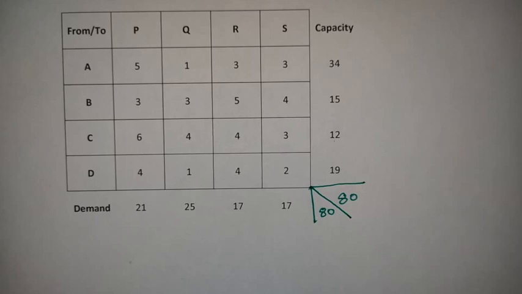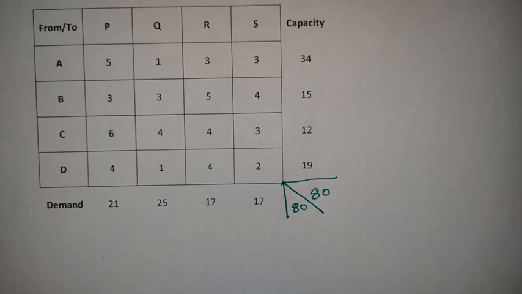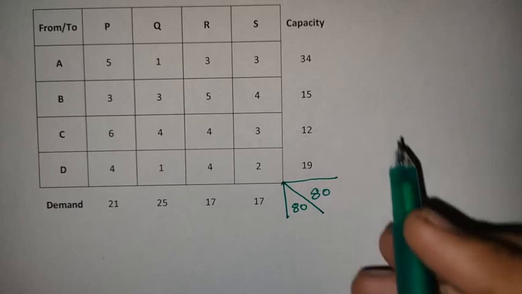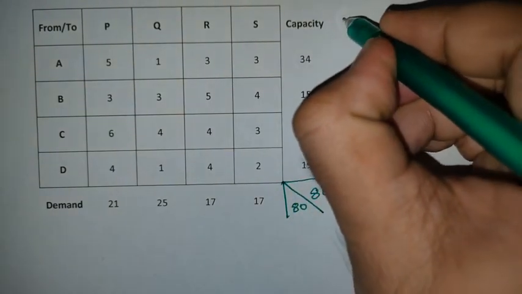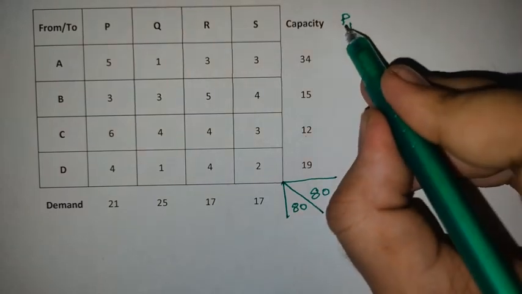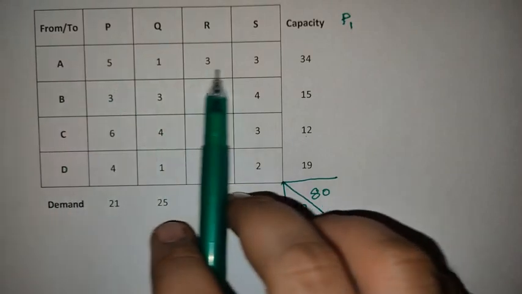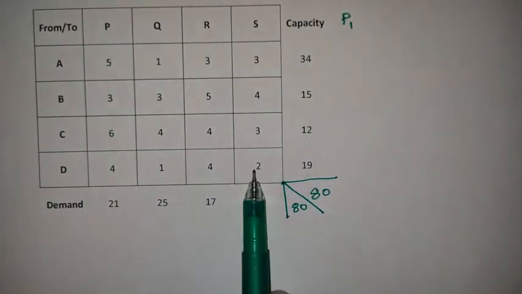Now let us calculate the initial solution of the problem. So how to find that one, let us see. First of all we need to calculate the row penalties and column penalties in each and every iteration. So now I am going to calculate the row penalties. This one is the first iteration, so penalty in first iteration P1 I am taking. Now I am going to find the row penalties here. So what is the row penalty?